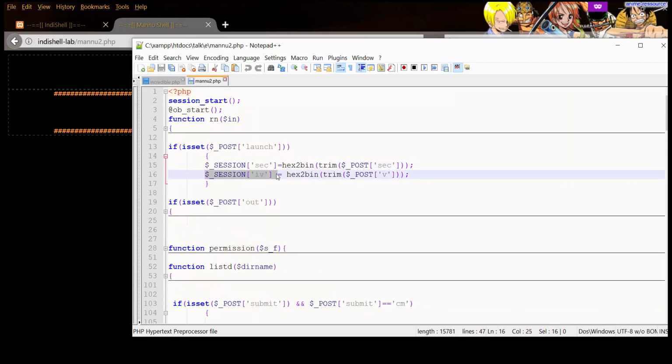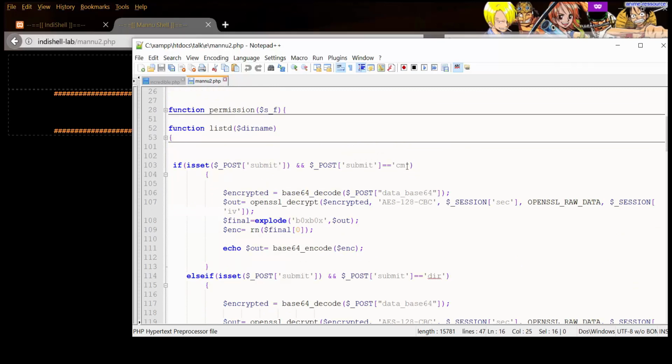Whenever we execute a command, to perform decryption, the secret and IV will be called through the session variable and decryption will be performed. So this is a simple, straightforward technique which I have used in this web shell.